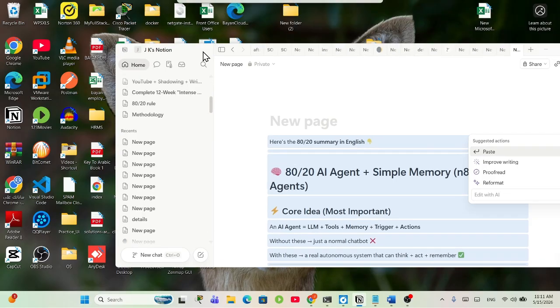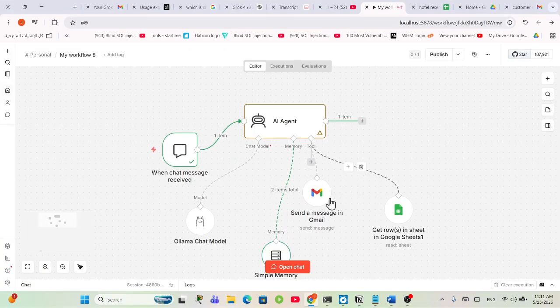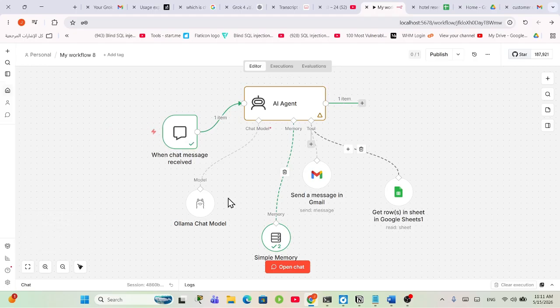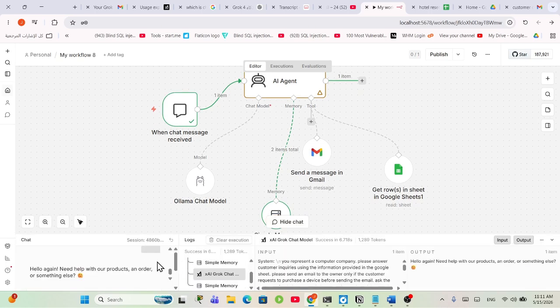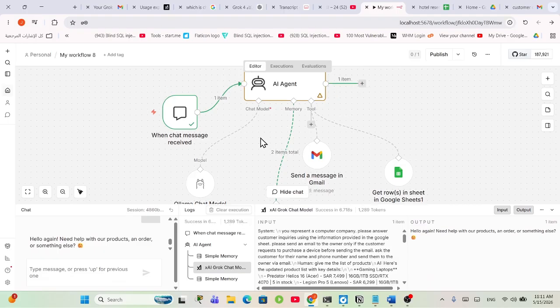Today we're going to talk about AI agents, how to make a full project. We'll make a project like this, basically a sales customer support agent for sales. Like for example here, if I type here, for example,